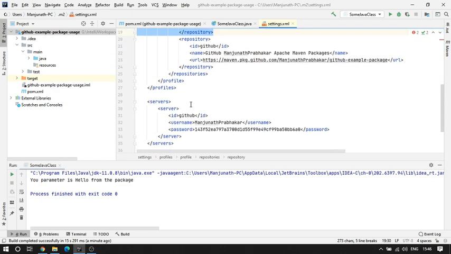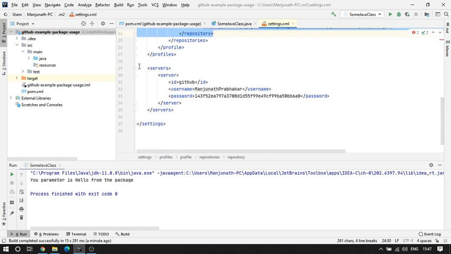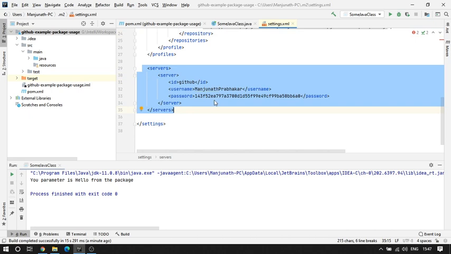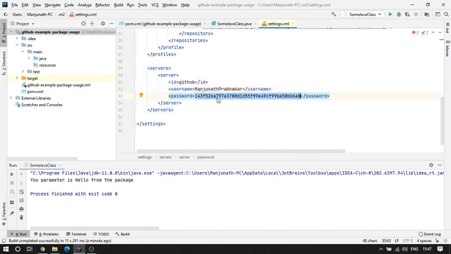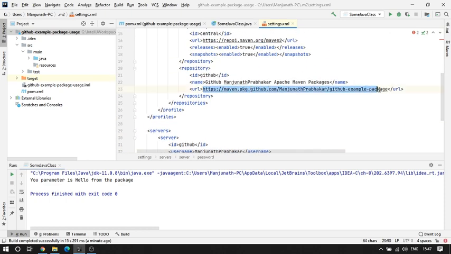The same way, whenever I'm in the GitHub package, as you saw there, I did not use any GPG signature or any signature to encrypt my project. I just use the project and I push the code. Now since we are using server here, this is going to authenticate for me with my username and with my access token. So using this, whatever the package name I'm going to give here, it is going to get downloaded. So if at all you are using multiple packages here,